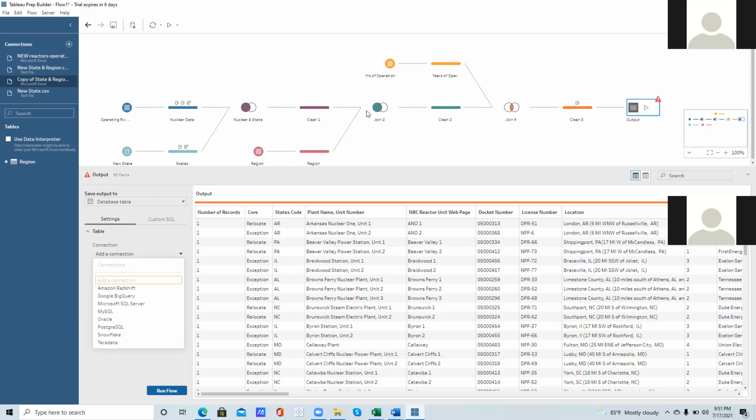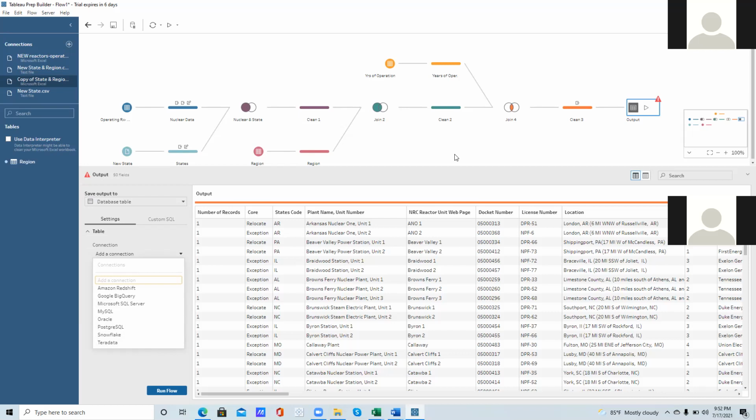Because when you look at this, it's like, okay, what are these saying? But when you extract it and save it, then it will look just like this. Absolutely. Look at the number of records that we just created. It's showing the core field that we created, the state code, and the plant name that we brought together.